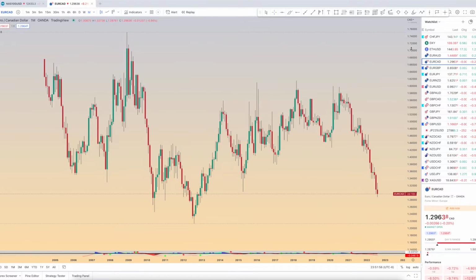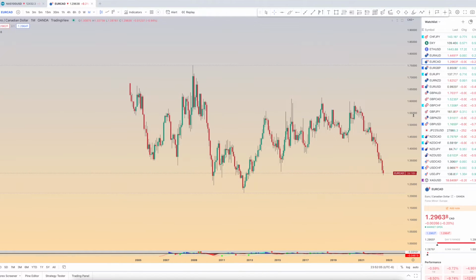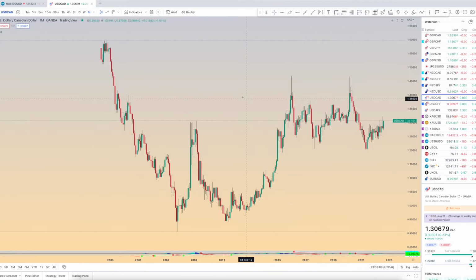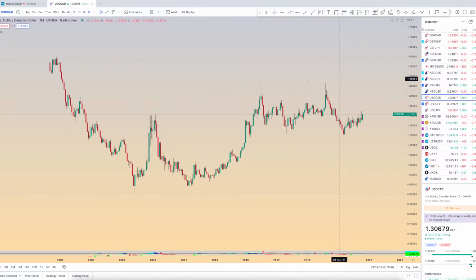All right, so EuroCAD. When we see the entire span of the last 20 or so years, it doesn't really, or sorry, we were on USD CAD, weren't we? My mistake. Pardon me. There we go. Because I'm like, that's not a cup and handle. All right, so what we do at this point, we want to see and kind of identify where the highs